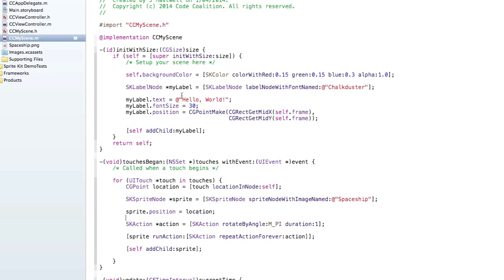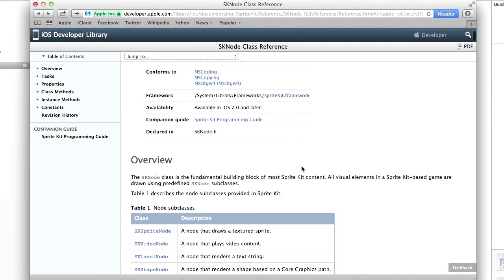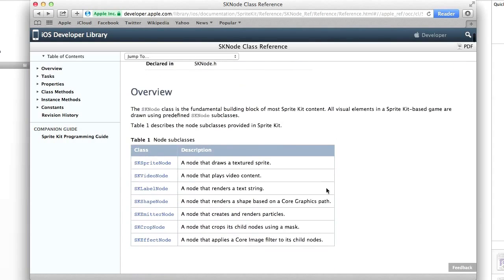So both of our label and our spaceship were added as children of the scene. So the scene contained those two nodes. And all three of these nodes inherit from this base node type, which is called SKNode. So I thought it might be a good idea if we have a bit of a look at Apple's documentation on this SKNode class and get familiar with some of the different properties that we have as part